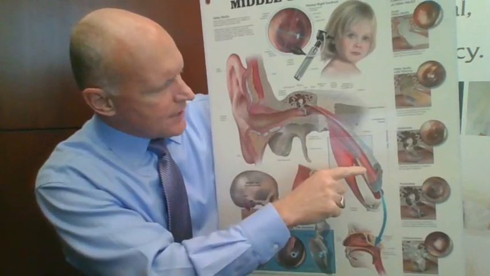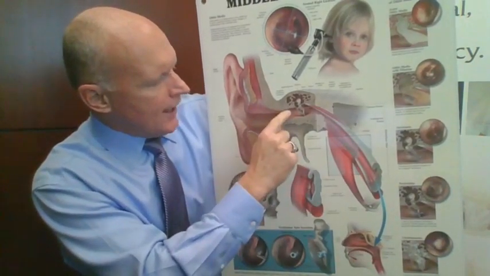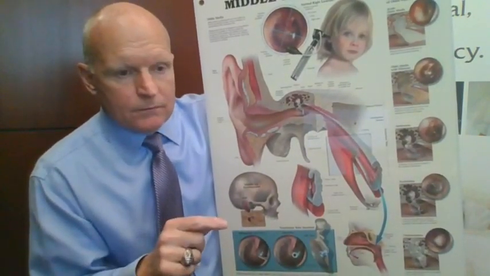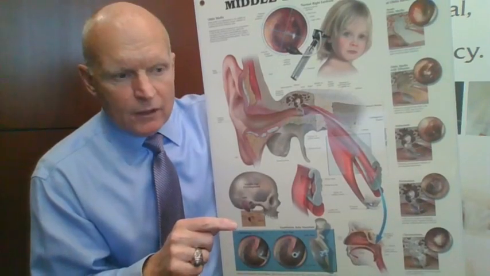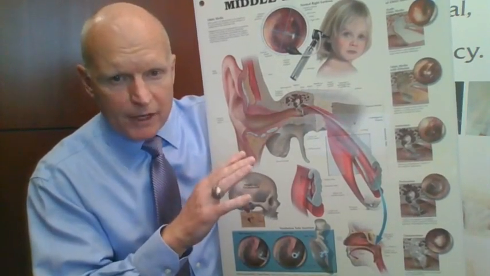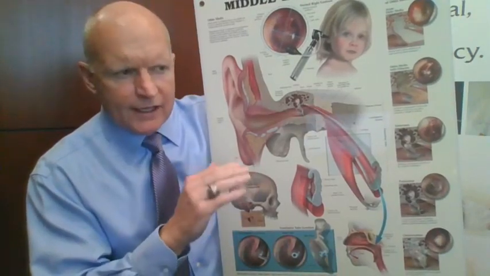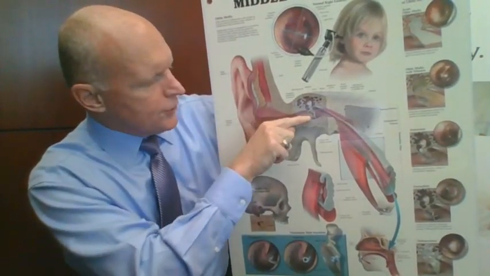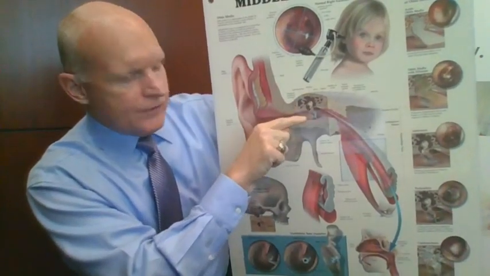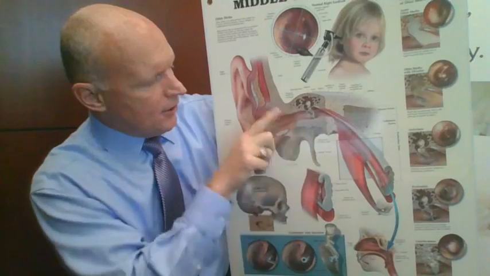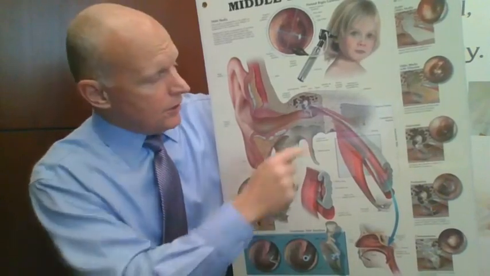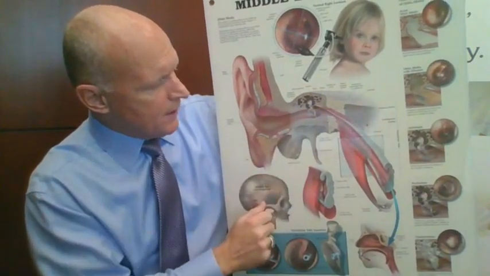The eustachian tube is designed to equalize pressure on the outside part and the inside parts of the eardrum. You probably experience this if you have gone up and down in an airplane or driven up and down mountain roads, scuba dived, anything like that where air pressure changes. When the outer pressure changes, let's say it goes up, it's going to want to push the eardrum in. And if we don't have some way to equalize that pressure on the inside here, then the eardrum will just continue to get pushed in, and that hurts. It can also cause fluid to fill inside that space there.